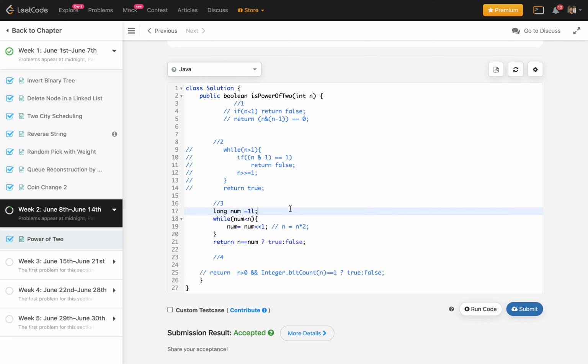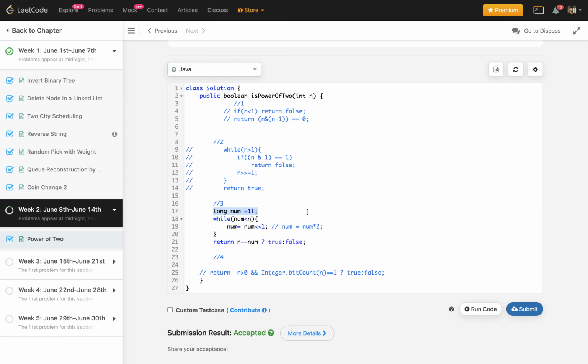Because it may be possible that the given number is in the integer range, but every time I'm multiplying this number by 2, so it may go beyond the int size. That's why I'm taking long here.